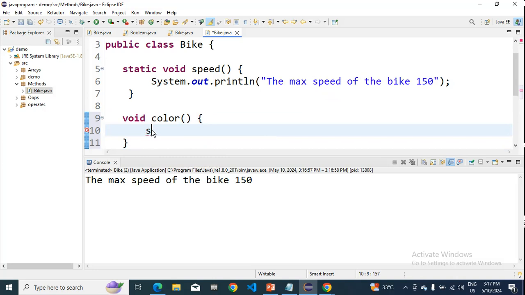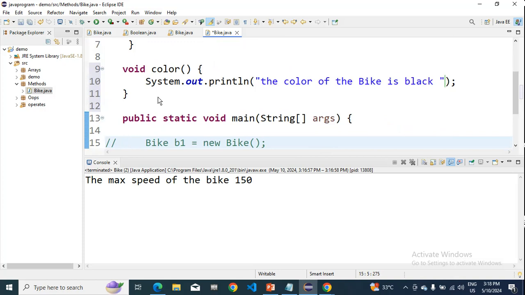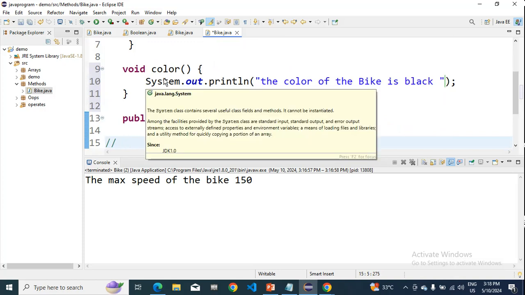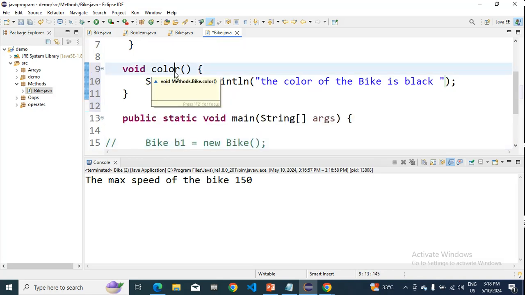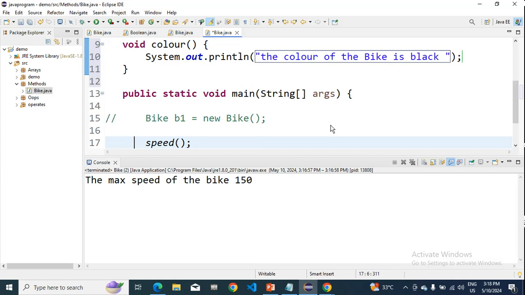Here it prints that the bike is black. So when I want to call this method, at that time what I'll be doing is